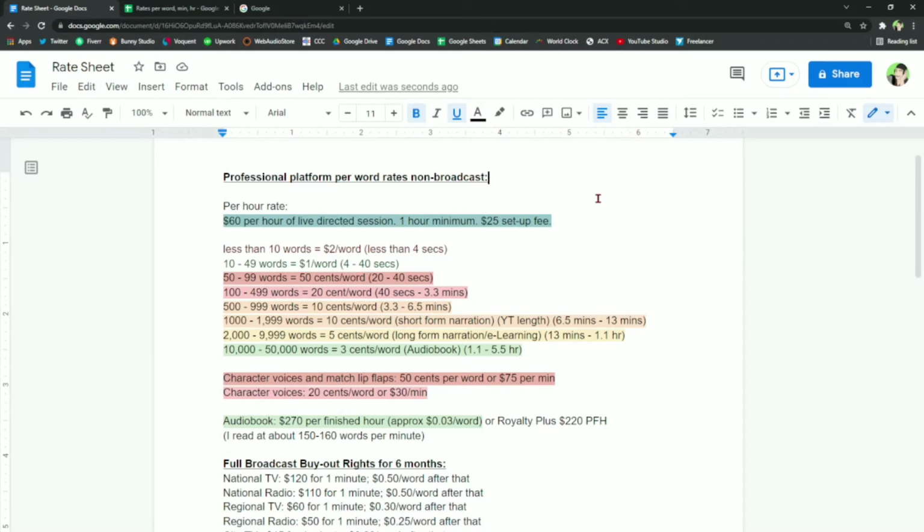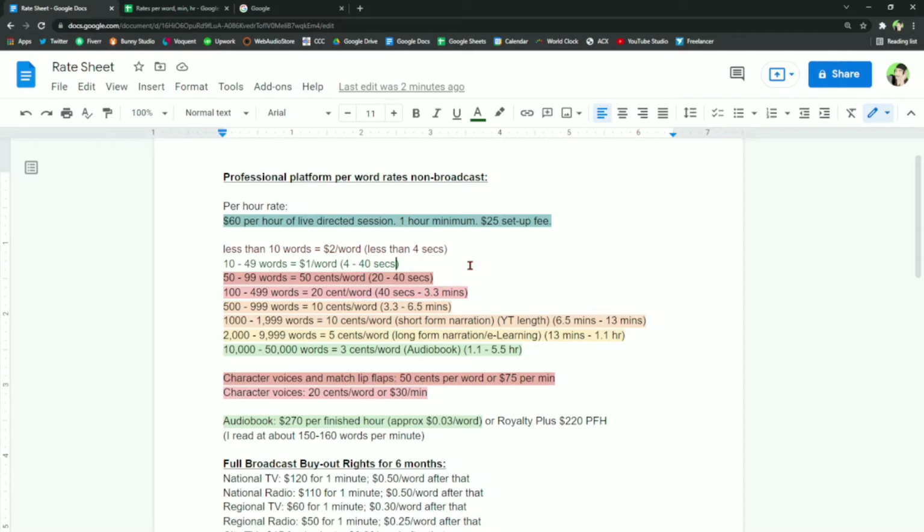And then a standard per word count as follows. It goes under 10 words, 10 to less than 50, 50 to less than 100, 100 to less than 500, and so on, as you can see on the screen. And then I have an area for how many seconds it might be. This is a calculation of how fast I read.